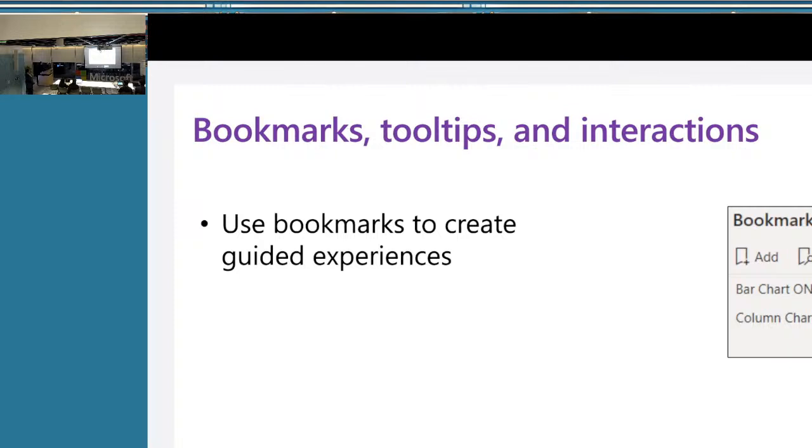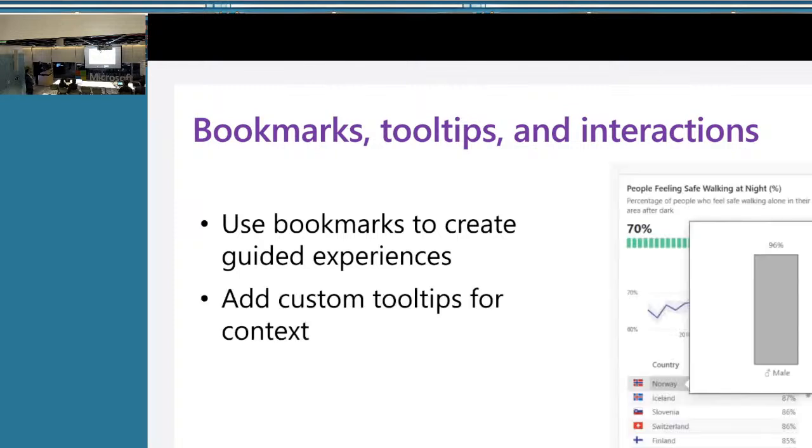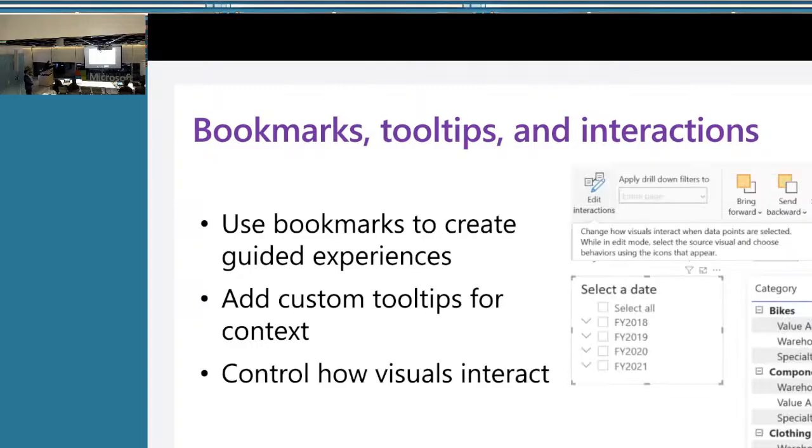You can also add custom tooltips, like maybe when you hover over a card, you get a pop-up of another visual. You can do that in Power BI with tooltips. You can add a page as a tooltip as well. That's really cool. You can also control how visuals interact with each other, because in Power BI, remember we said anytime you click on something, it filters everything else. But maybe sometimes you don't want that. You want this visual not to be touched by any slicer. So you have the option to edit the interactions between these different components.